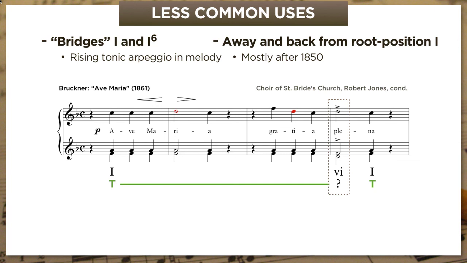And while this progression is still pretty rare in classical music, it's extremely common in modern popular music. We find it in practically every genre. Songwriters will just vamp back and forth between 1 and 6, even to the point sometimes where you can't tell which one is the tonic. Probably the most famous instance is Leonard Cohen's Hallelujah.